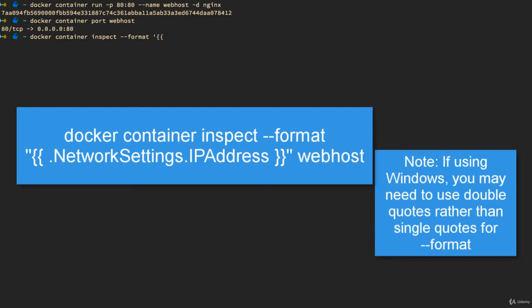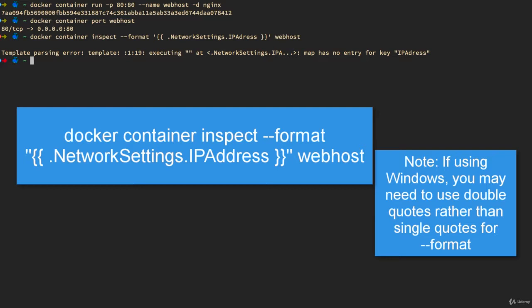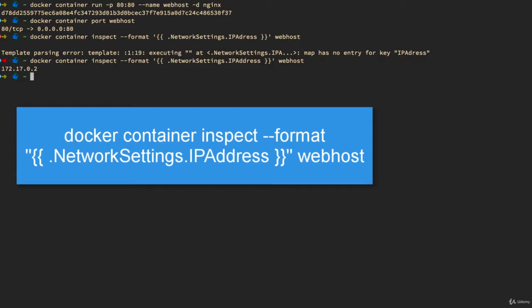And then once we get used to knowing the format of the config file, we know that network settings IP address is the actual node of that JSON output that we want to look at, and then web host. Oops, that means I didn't spell it right. IPAddress. And that's not what I expected if I was going to use the IP of my host, because I